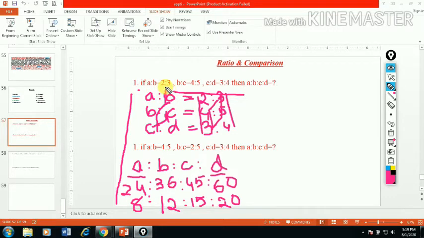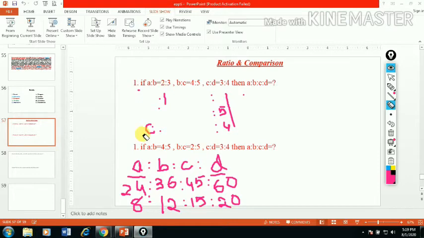So what you will do, to make A, you multiply 2 with 4 with 3. Then to make D, 3 with 5 with 4, and to make B, you multiply 2, 4, and then go to the last 4. In a very shortcut way you can do this. If you can understand this concept, then I think any problem can be solved within 10 seconds.